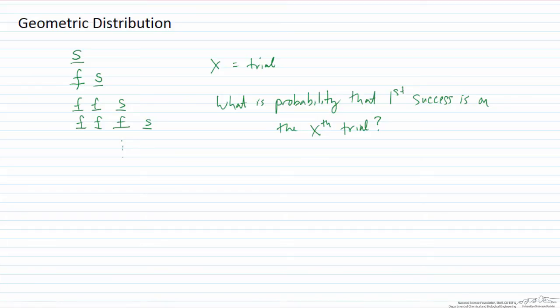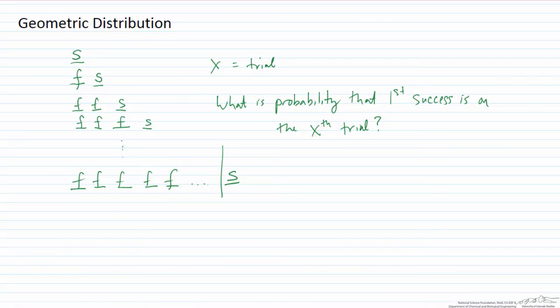Now if you had it reversed, where you want to determine the probability that you have the first failure on the Xth trial, then you could adapt this, but you just have to change around what you're using in these equations. So in general, we're going to have trials, and we're going to say we have failures, success. These dots are all failures. Ultimately we're going to have a success, and once we have the success, then we're done. What is the probability that the first success is on the Xth trial?